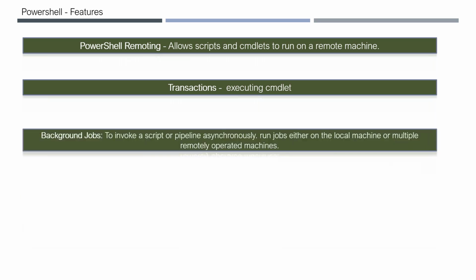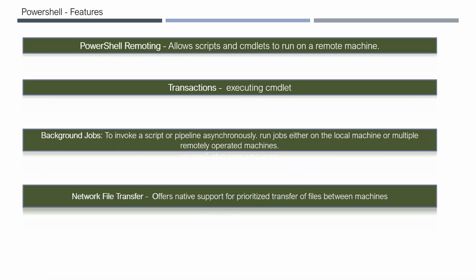Also, if you have a script, you can basically schedule it as a job. I mean, your regular job, right? If it is Linux, it can be a part of the cron scheduler, or if it is Windows, it can be part of your Windows scheduler as well. So as a background job. We already saw we can manage the file systems as well. That means if you want to copy files from one folder to another folder, or one system to another system, you can very well use it over the network. Basically, PowerShell can be used.